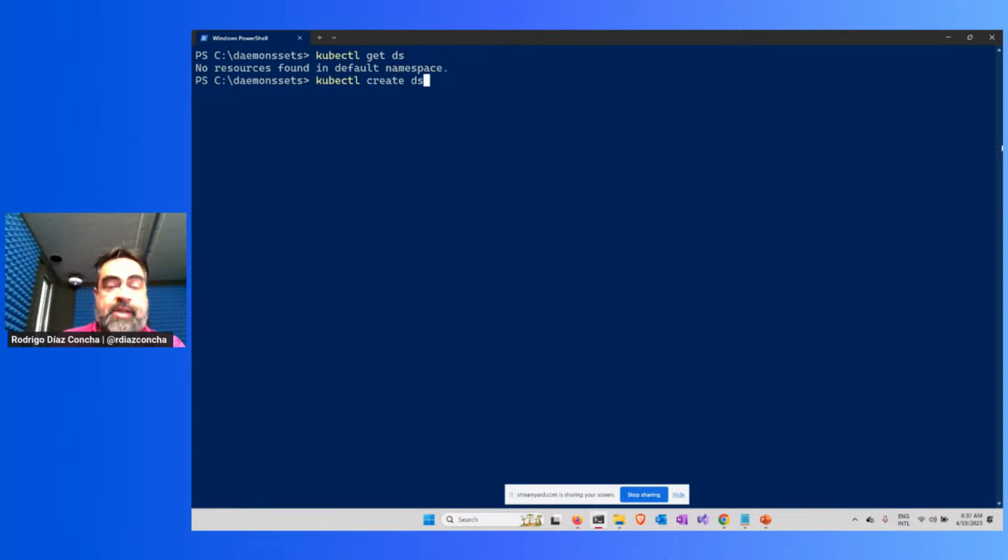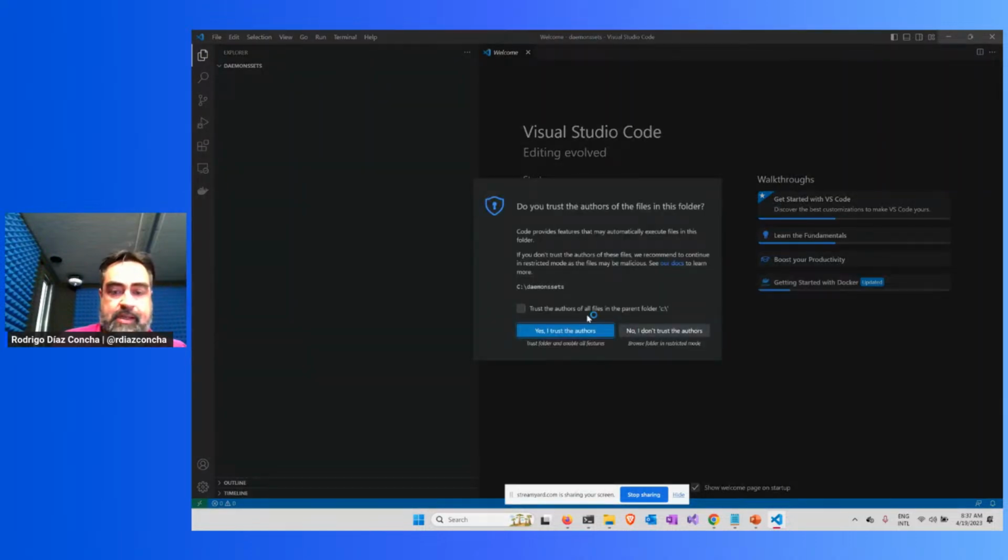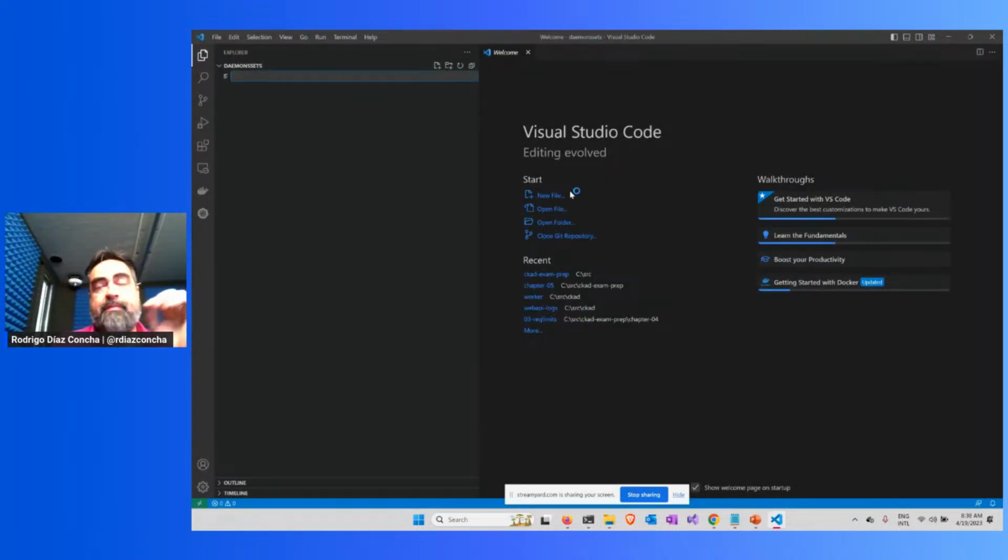So I can create a daemon set using the imperative way by using create DS and then the name, right? My daemon set or something like this, and then outputting this to YAML. However, let me use Visual Studio Code because I guess it's better for these sessions instead of me creating those objects by using the imperative way, outputting the YAML and then changing things. Let's just use the Visual Studio Code extension,